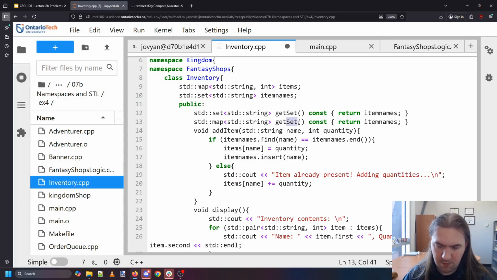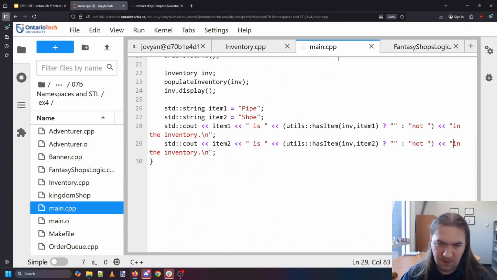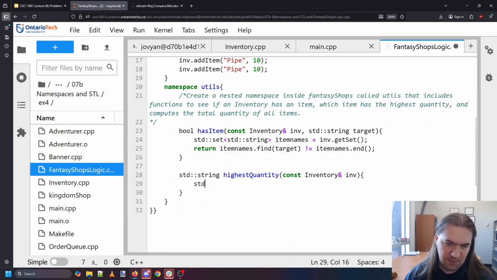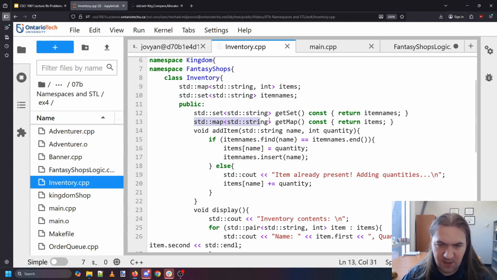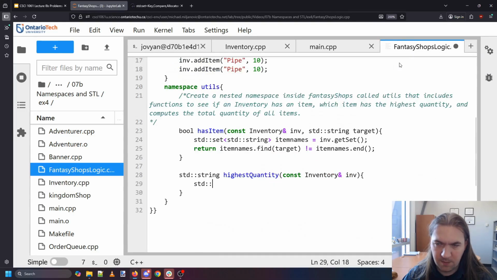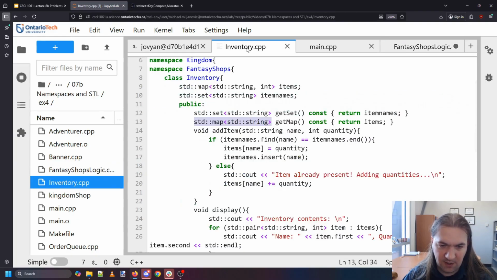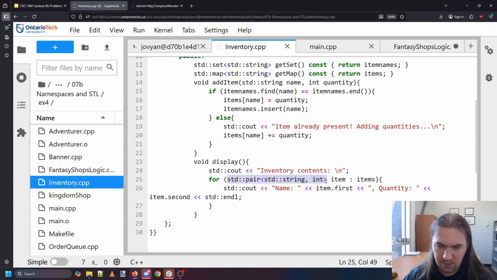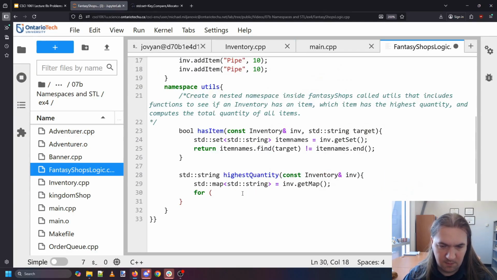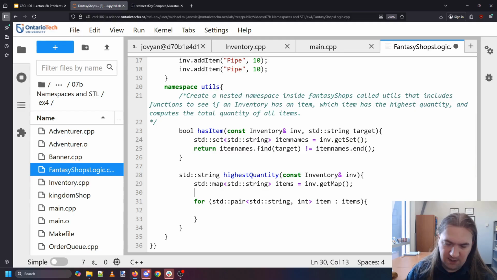So get map, return items, and then in my logic, my map, which is of this type, is equal to inv.getMap. So now I have the map, and then I can say for, and here I have a bunch of pairs, call items. For everything in here,